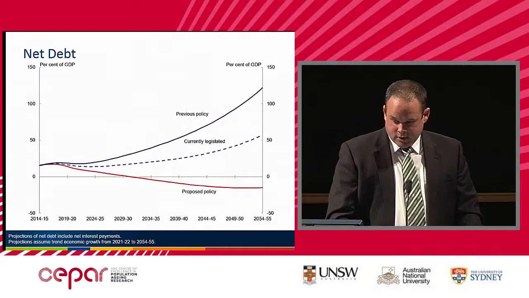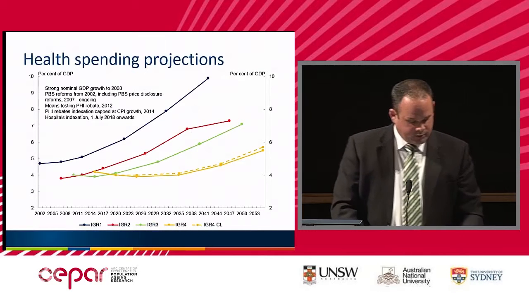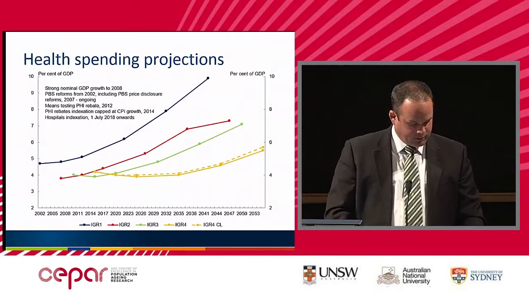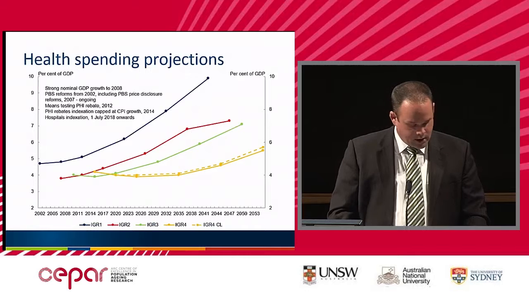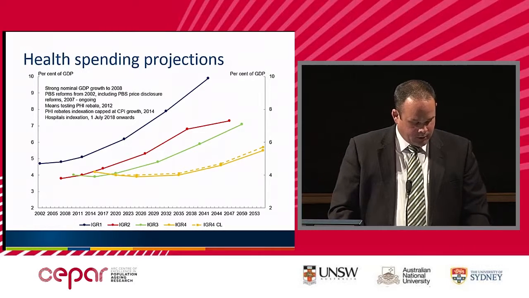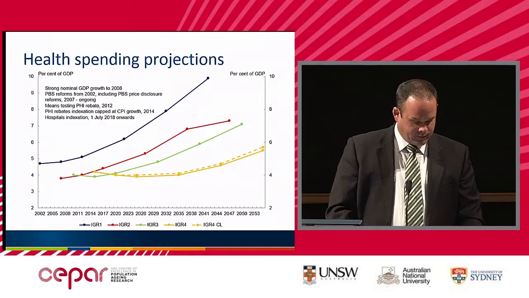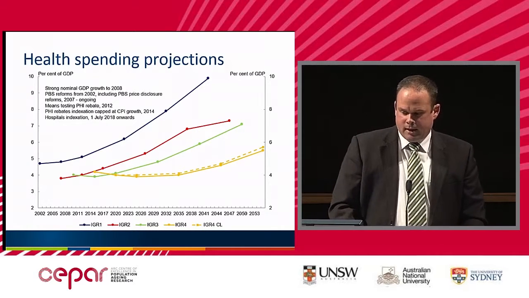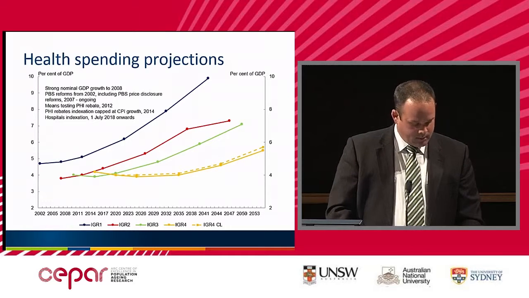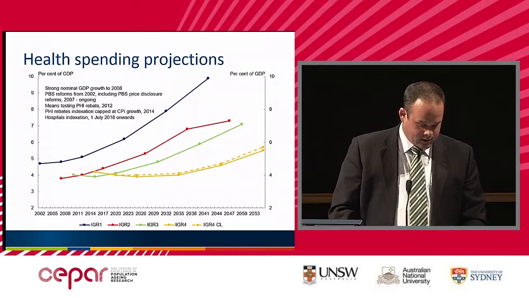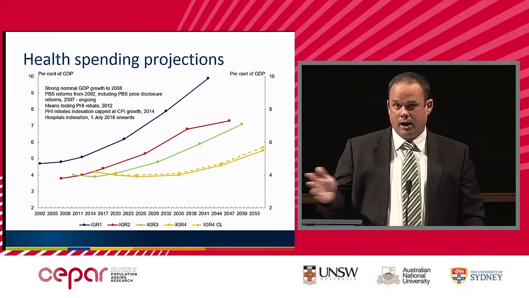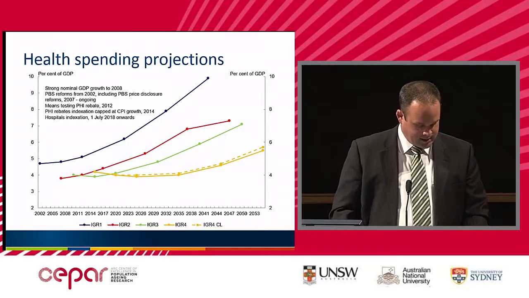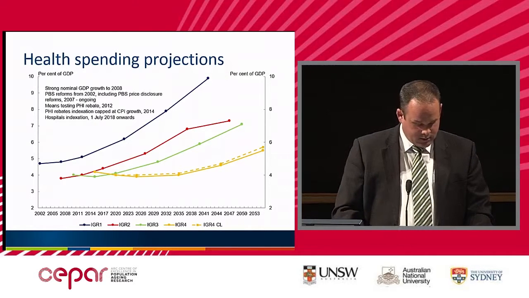I thought I'd finish today by presenting some early work that we've begun to focus on that looks at the IGRs across time. I was asked to reflect on some of the strengths and weaknesses of IGRs, and being limited by time, I thought I'd just focus on health spending and the story that it tells across time. What we have here is a chart that shows the relevant projections across the four IGRs from 2002, 2007, 2010 and 2015 for the Commonwealth spending on health.